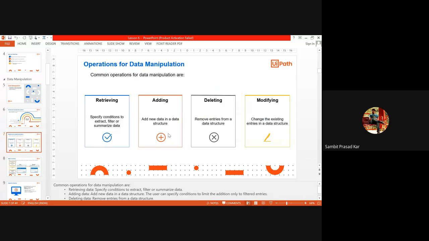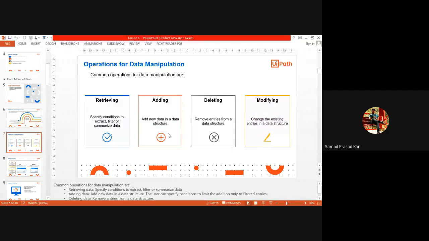So common data manipulations are retrieving, specifying conditions, or extract, filter, or summarize data. Retrieving some data: suppose you read a PDF, and you want to extract a particular line out of it. Data retrieving, then adding. You want to add new data in the data structure, or append new data in the table.